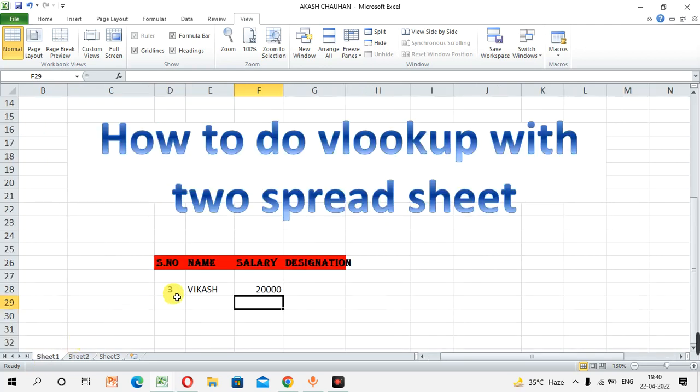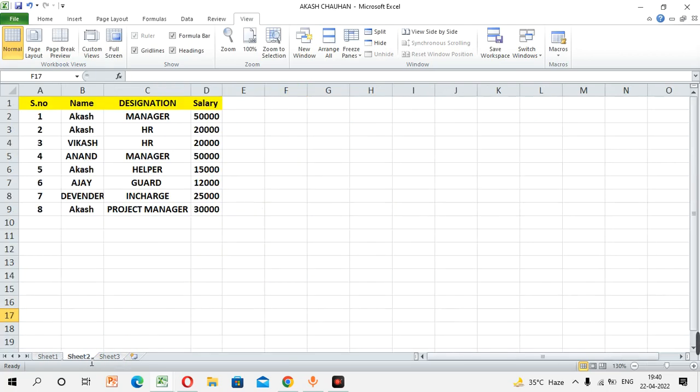his salary is 20,000. You can see that it is retrieving the correct value. Now guys, we can do another thing. If we change the serial number here, it will automatically change the value with respect to the serial number. So let's change the serial number here and enter. As you can see, with serial number 5, his employee name is Akash and salary is 15,000. Let me confirm here. With serial number 5, employee name is Akash and his salary is 15,000.